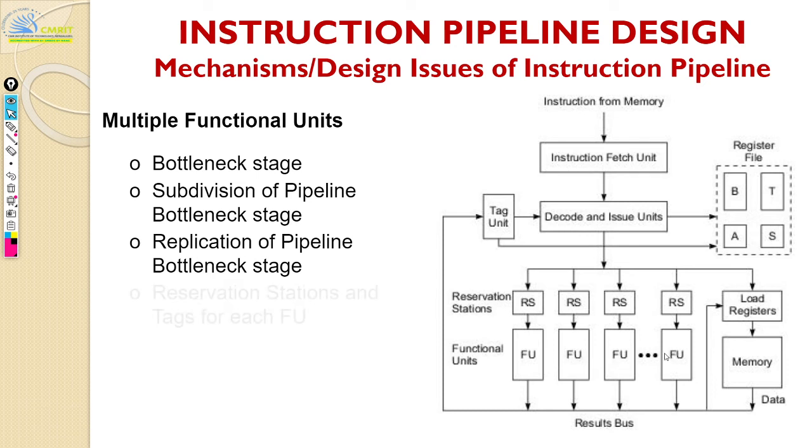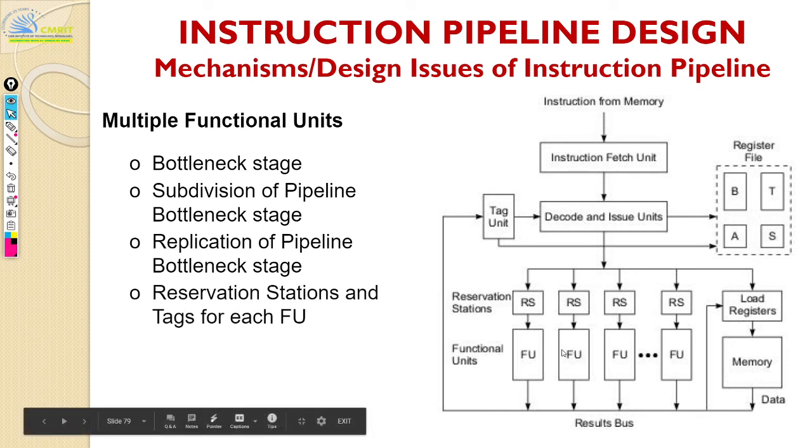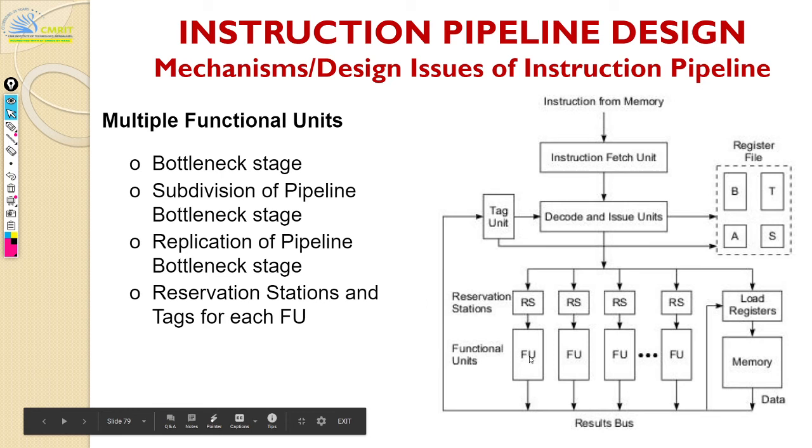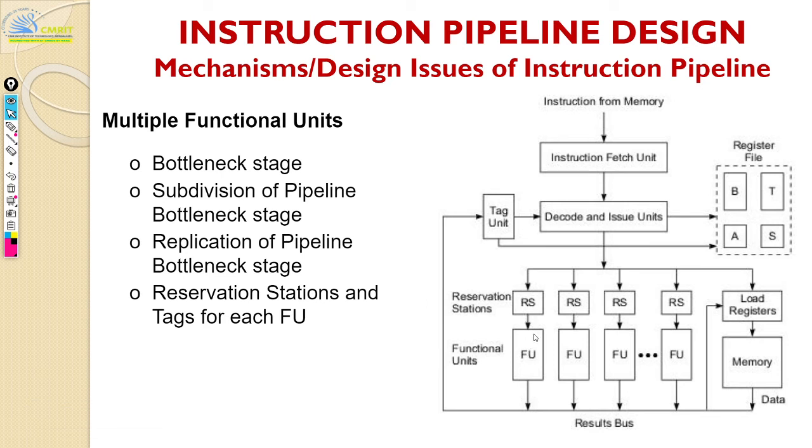Okay, so now we need to know which functional unit is being used by whom. Now that will become another tracking thing, right? So you'll have reservation stations for each functional unit. Each functional unit will have a reservation station saying, okay, this reservation station will track who is using this functional unit and who will be assigned this functional unit later. Okay, so that is what you will track here.